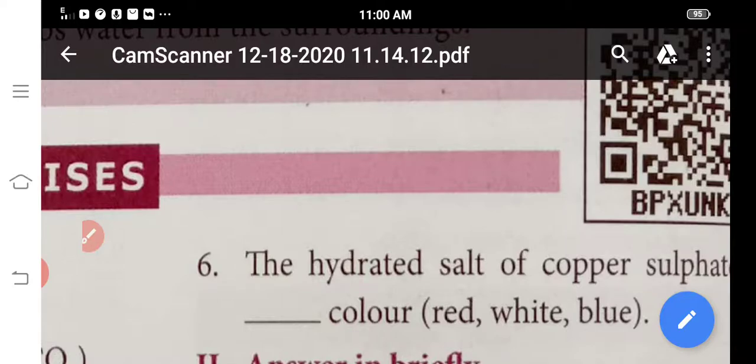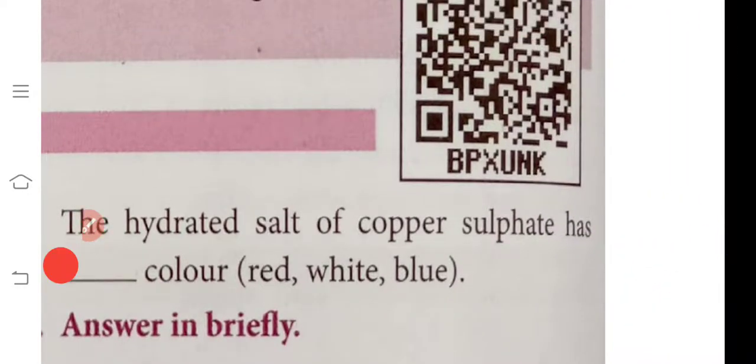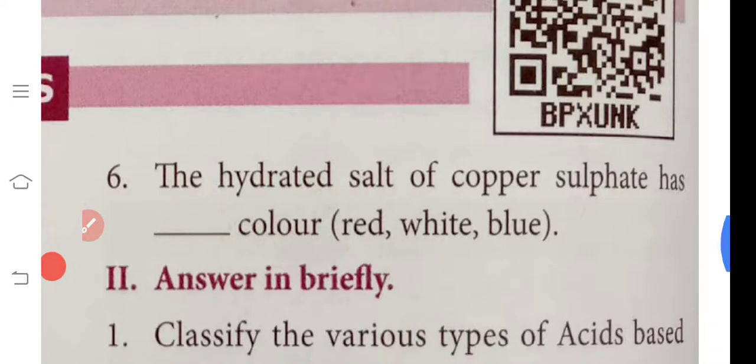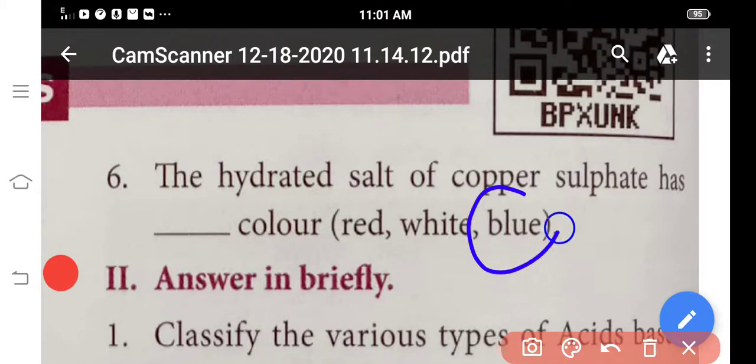The hydrated salt of copper sulfate has which color? Yes, blue color. Anhydrous means white color. Hydrated means the color is blue. Okay, next one, you listen. Next one,